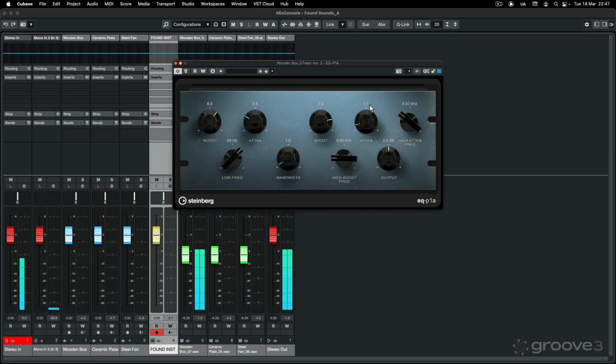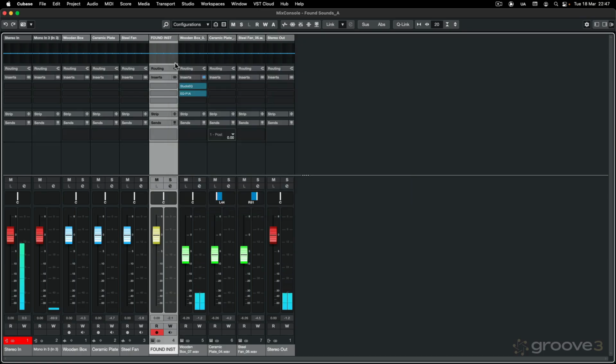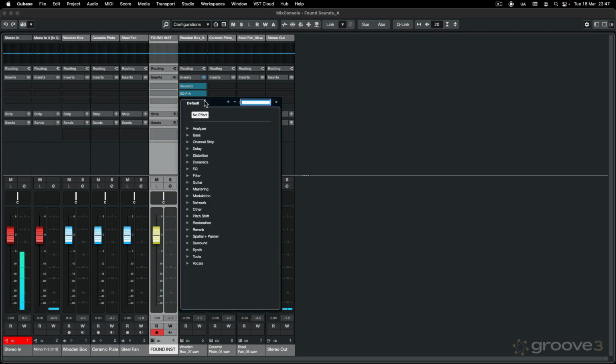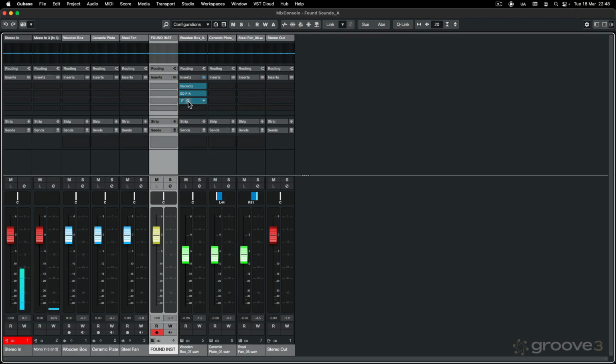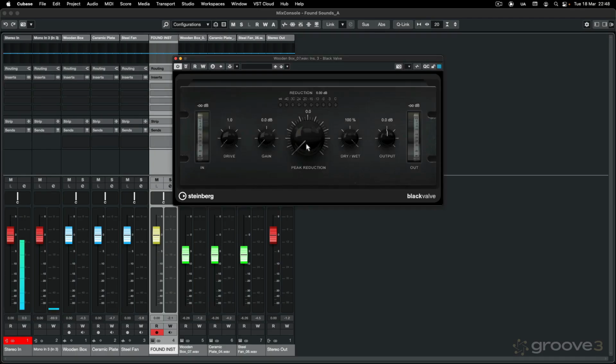And just attenuate that a bit. Then after this, I want to add some compression in the form of the black valve, giving some emulation of that valve compressor. So I'll go for the black valve, dial in some peak reduction. So it's just going to even out some of the peaks that we're getting from the dynamics of these samples. Also drive it a bit, add some gain,